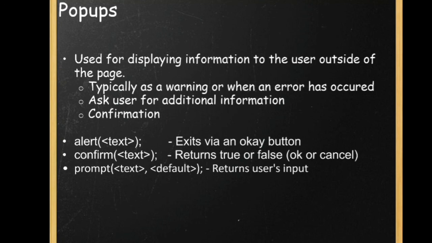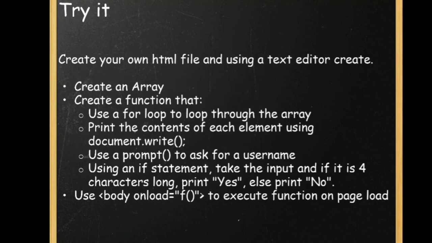Suppose I want to use alert, I can directly write alert in the script code, and in brackets I will write my text in double quotes, and that text will get displayed when I click on a button, or anywhere you want to use this function. By confirm, when you want the result in the form of OK or cancel, true or false, then you can use the confirm function. And prompt functions are used when you want an input from the user.